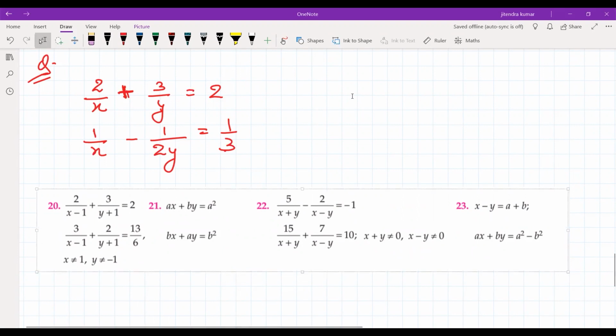So these are some questions based on cross multiplication only. Okay, so there are different varieties of questions here. I think this is very similar, so I don't think there will be any confusion in this and this. Okay, so let's try either of these. So let's do this one, 22.